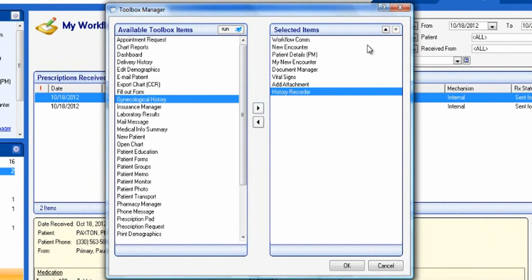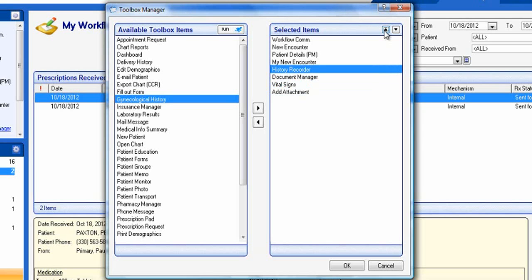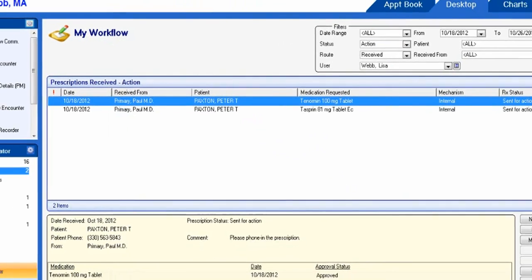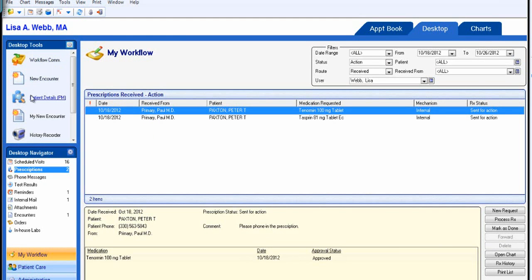So if I want my history recorder to be moved up on the list, I simply click the up pointing arrow. If there's an item in my selected items that I don't want in there, you could highlight and use the left pointing arrow to remove it. Once you've completed your selected items, click OK, and you can see that the desktop tools now display in that order. Another place to edit my desktop tools would be under Tools at the very top,